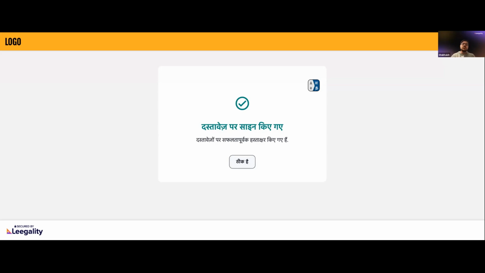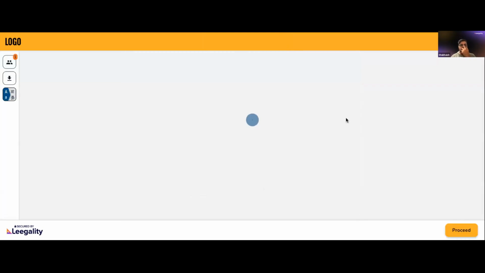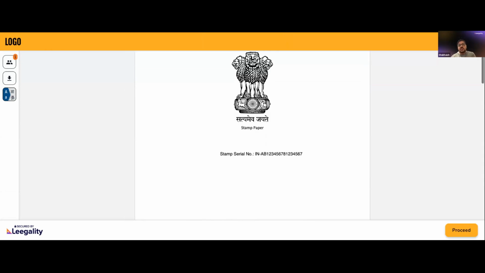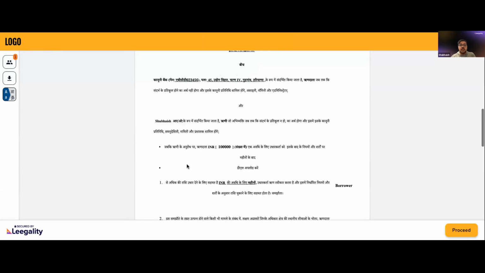In an API integration, you can do it automatically, but because this is apparently a dashboard-led flow I'm showing you, and what I mean by dashboard-led flow, I'll tell you in 1 minute. Just bear with me. So I'll click on this thing, and if you see, I'm automatically rerouted to a new e-sign journey. This is for my loan agreement. Let's say I just want to continue this in English only. This is my digital stamp which has been affixed. We have defaced this. We've also put signature coordinates on it.